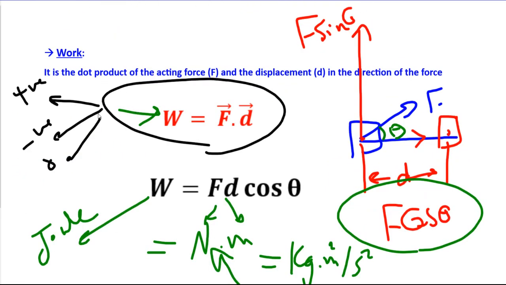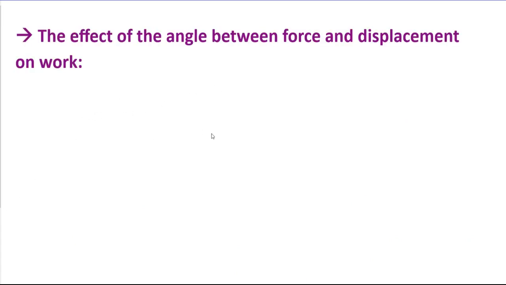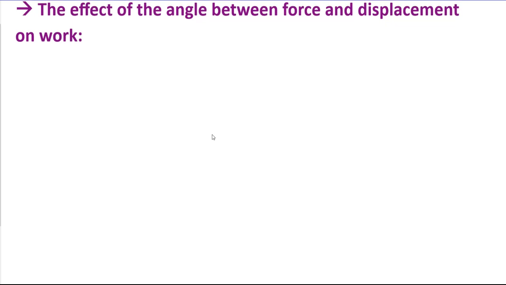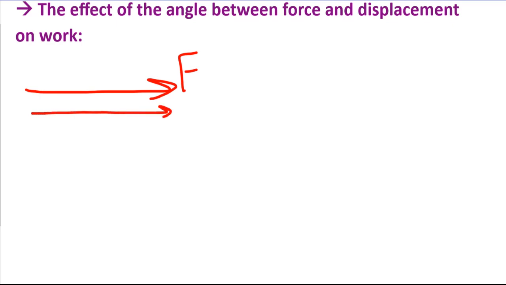We said here work can be positive, negative, or zero. How could that be possible? It's due to the effect of the angle between force and displacement. If the force is here and the displacement in this direction, you have an object and you push this object with